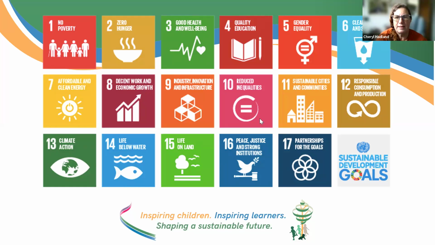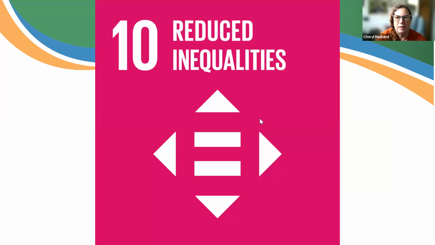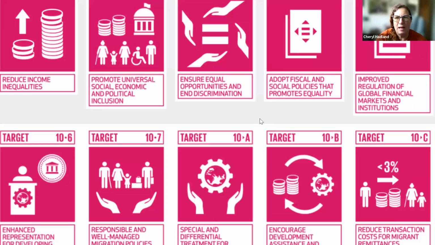Great. So we're going to discuss SDG number 10, reduced inequalities today. And that's its logo. I think that's kind of an equal sign with backwards and forwards and up and down, which is quite clever. And this is what's included in it. And you'll see from this that there's quite a lot of crossover with the SDG, I think it was 5 that we did on equal opportunity, sexual equal opportunities.